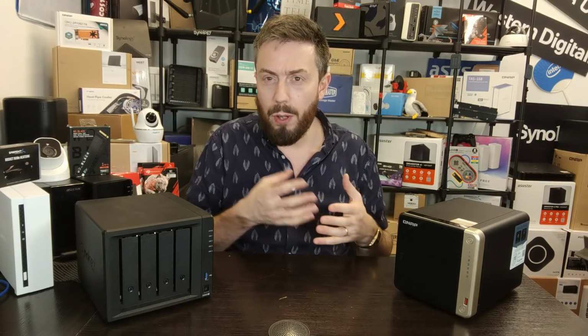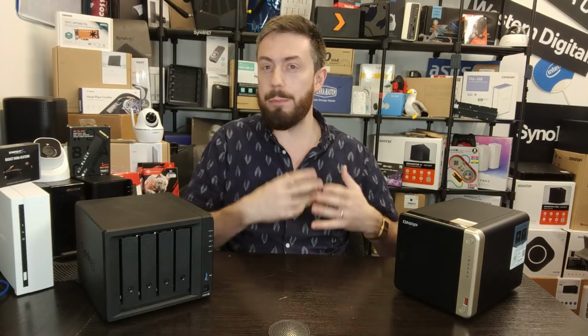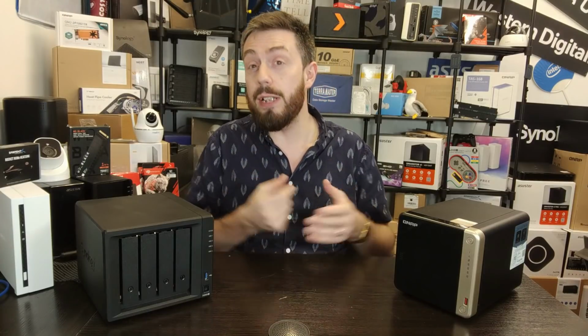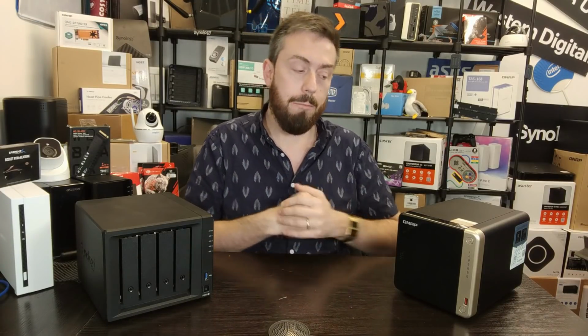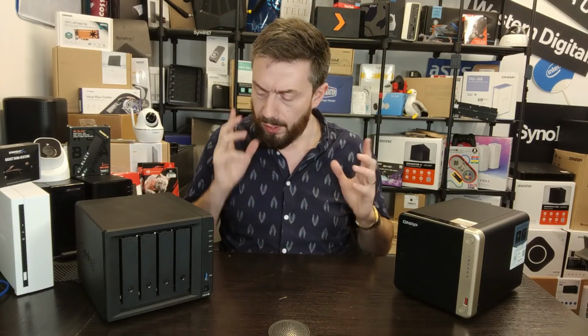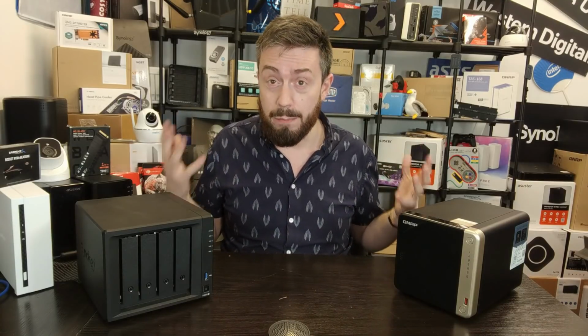The one that came before it, the 453D, the CPU it had and what they were trying to do with it in terms of its chipset and lanes, it pushed itself arguably a little thinner in some areas than it really should have. And this is something that I think in a number of areas have been addressed in the TS-464. However, these two systems do have almost 2 years of release difference between them,